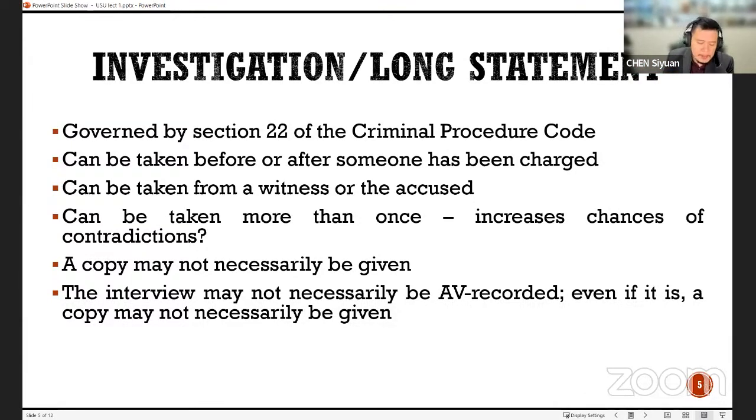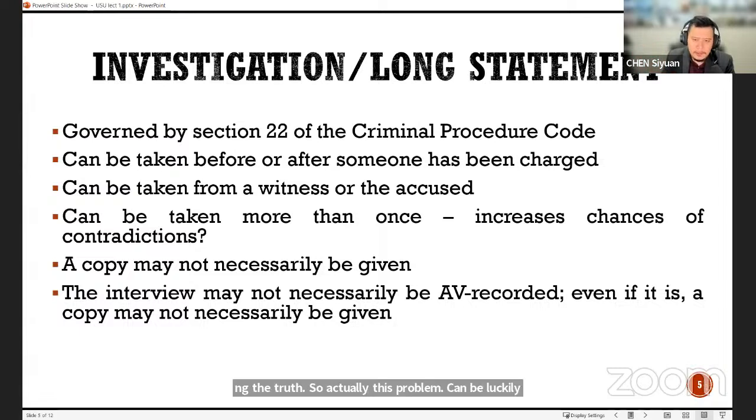Instead, the police says, if you do not cooperate with us, we will send someone to your home and we will do something to your family. So it's just words. And the accused at trial says, I was threatened by the police. But how is the court supposed to know who's telling the truth? The police would say, no, we said no such thing. And the accused would say, no, you said such a thing. How would the court know who's telling the truth? So actually, this problem can be largely solved. It can't be completely solved, but it can be largely solved by ensuring that any interrogation is properly video recorded.